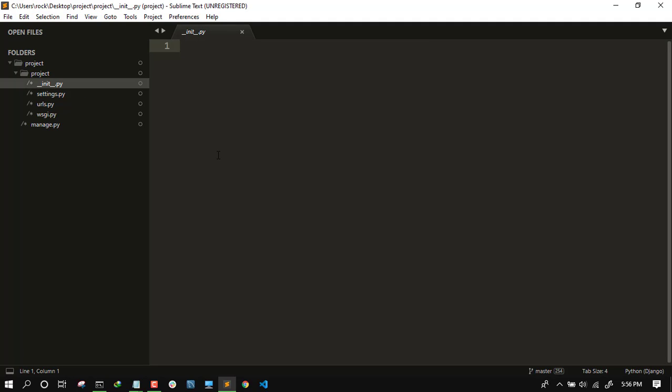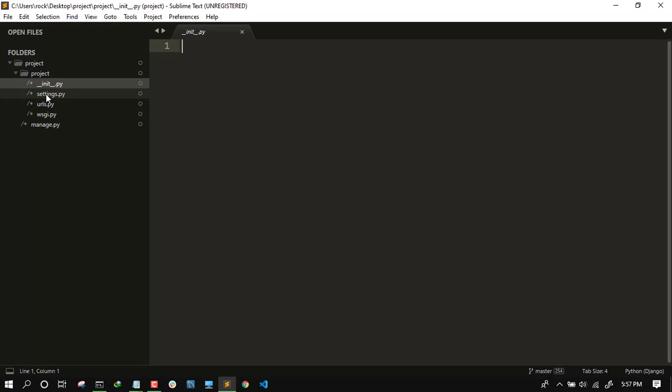What does this file mean? Actually it is blank. You can see there is nothing present inside __init__.py. It is a blank Python script. Django will treat the folder as a Python package.